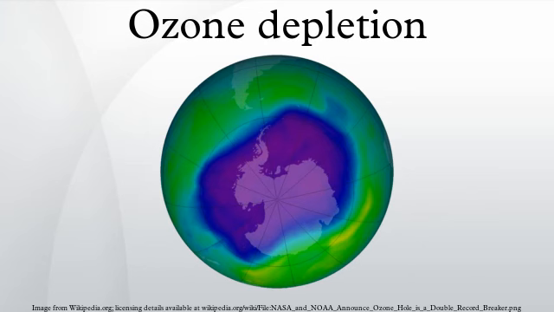The concentrations of the source gases and the chlorine reservoir species, HCl and ClONO2, too, were measured throughout the stratosphere, and demonstrated that CFCs were indeed the major source of stratospheric chlorine, and that nearly all of the CFCs emitted would eventually reach the stratosphere. Even more convincing was the measurement, by James G. Anderson and collaborators, of chlorine monoxide in the stratosphere. ClO is produced by the reaction of Cl with ozone. Its observation thus demonstrated that Cl radicals not only were present in the stratosphere but also were actually involved in